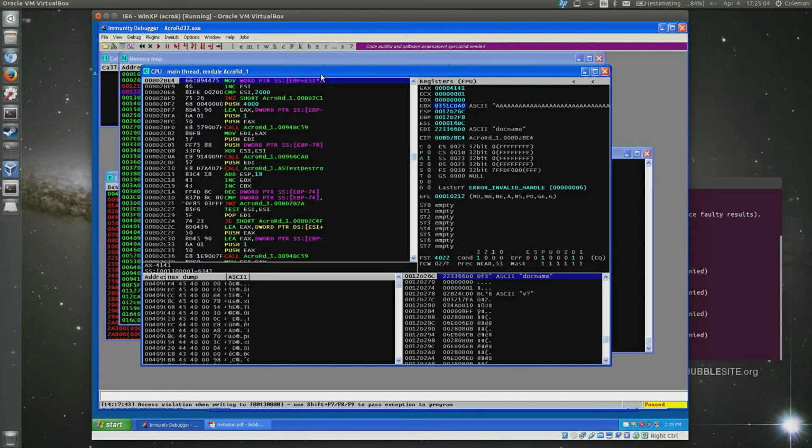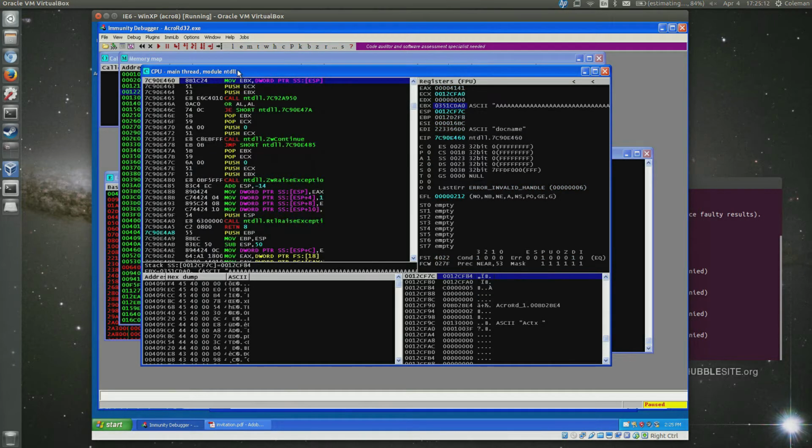So I'm going to use the step into, which is F7, because I'm interested in knowing what happens when a function is called. What just happened is that I allowed the program to step to the next instruction. Since it caused an access violation, that instruction can't proceed to the next one. It actually threw an exception via the processor, a memory access violation, that's now caught by the exception handling code. The exception handling code is supposed to then take over and